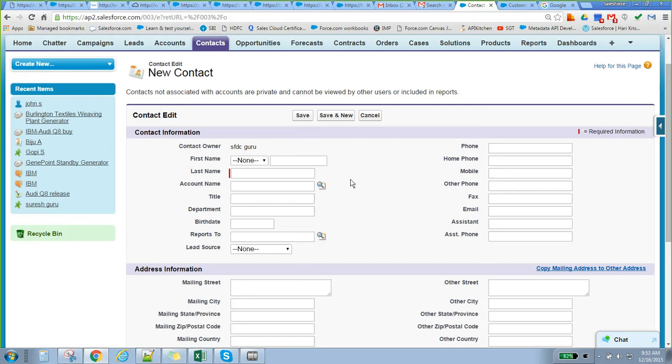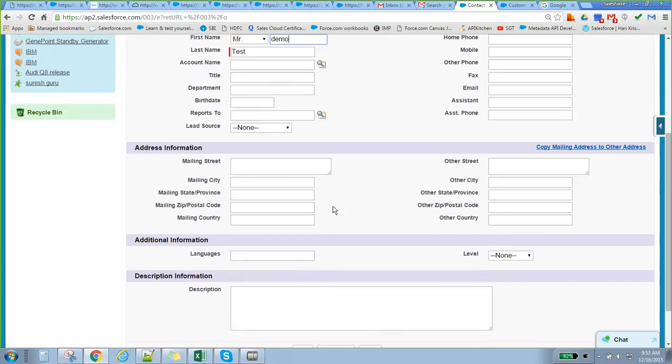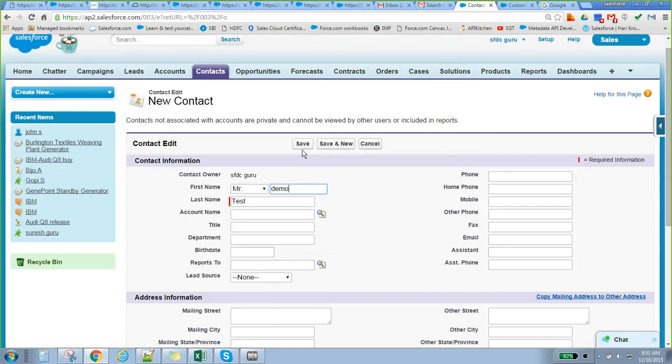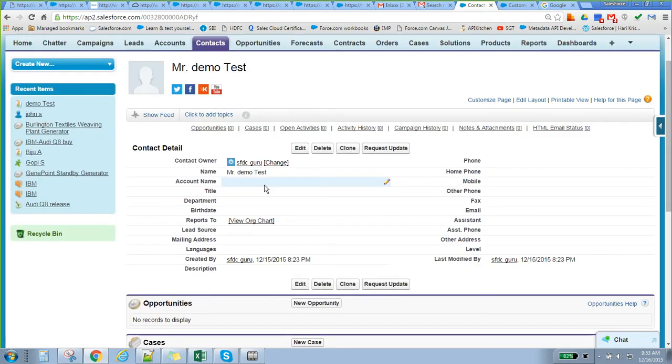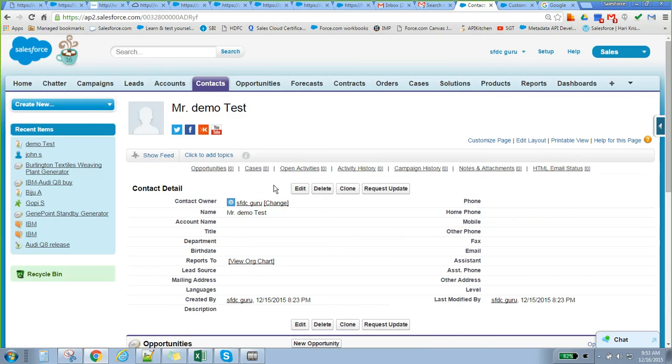Another important thing is that in a lookup relationship it is optional. We can select a value or not; we can directly create the data. We can add the account name, or we can create the contact directly, and it will allow it.